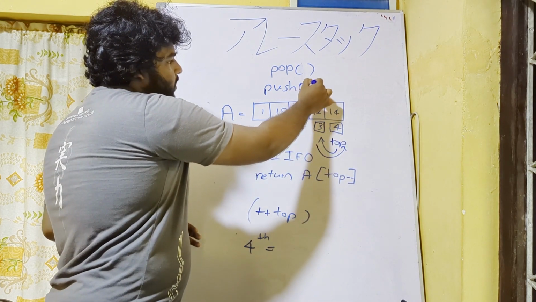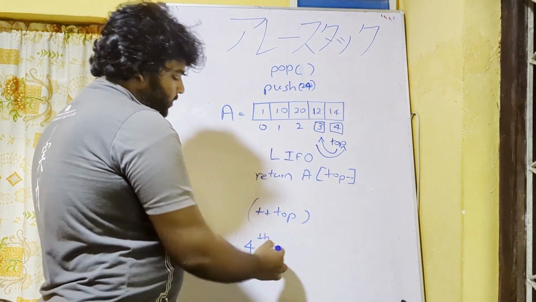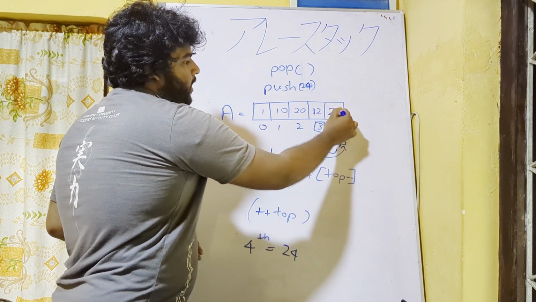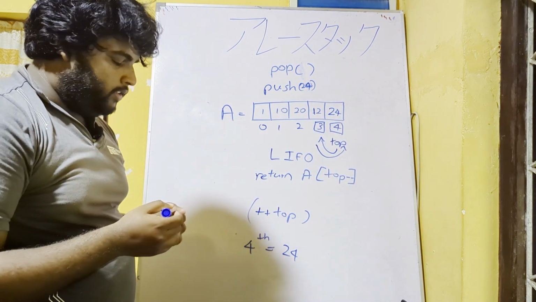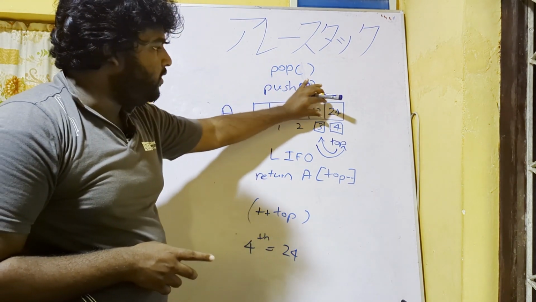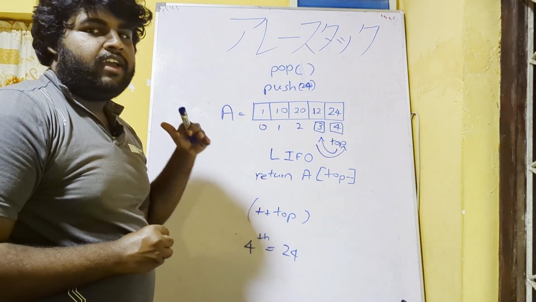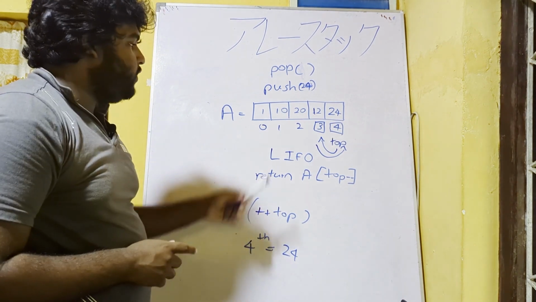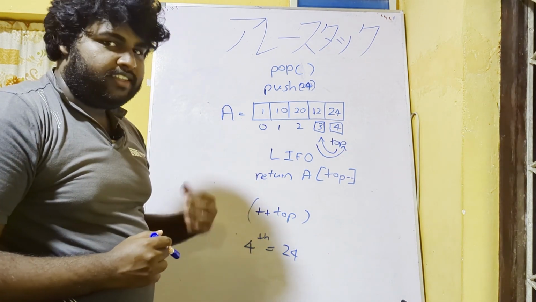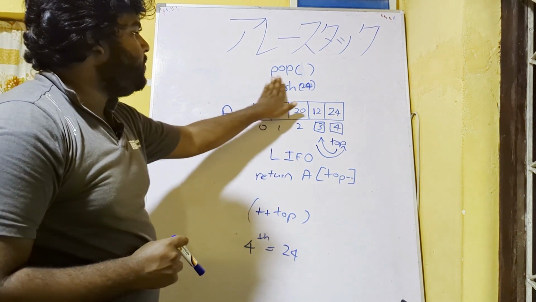So for example, if I add 24, this 4th index becomes 24, which means this 14 will be replaced by 24. So that's the logic of the array stack. The elements will not be removed when popping, but they will change according to the last in first out principle using this top variable. As we discussed earlier, this is not the complete pop function,